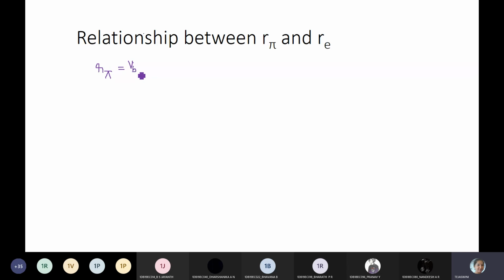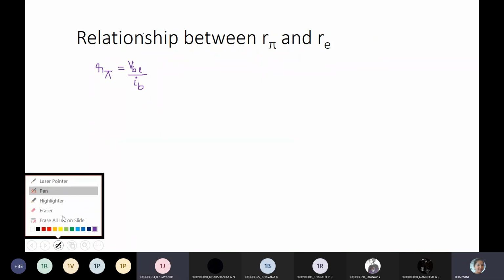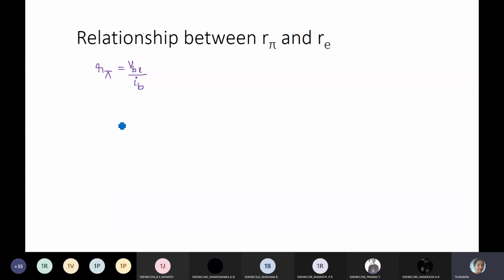Voltage is small VBE by base current IB, because R pi is a notation used for the input base current. Is the formula for R pi correct? Yes, ma'am. Similarly, what is RE? Just now we found out, RE is again voltage by current. What current, what resistance, what voltage? Again it is